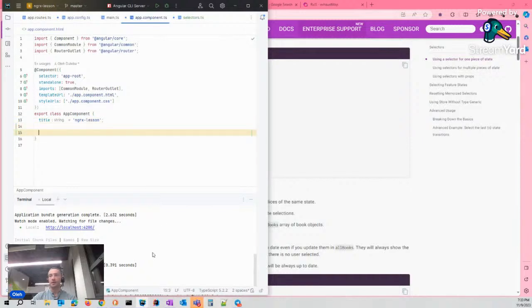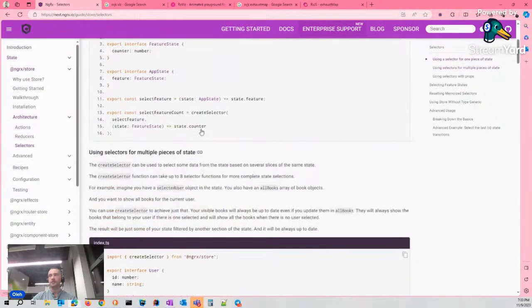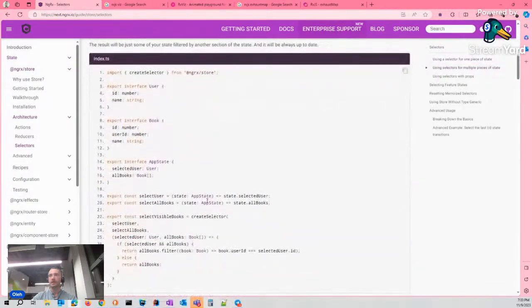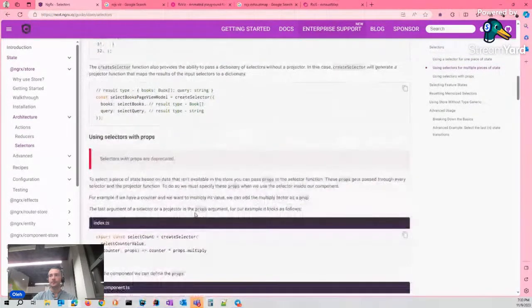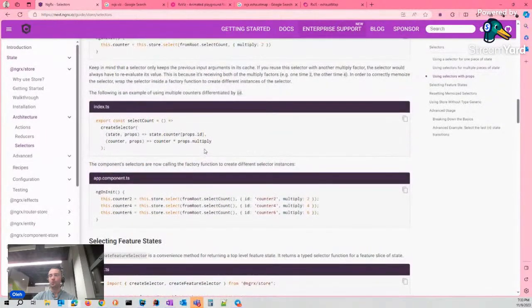The next step, how we can retrieve this information. We have created these selectors, and now we have to use this approach when we inject the store service into our component and use the select method of it to get something that we want.